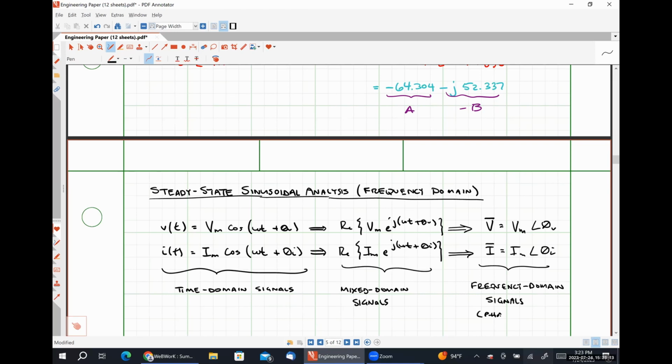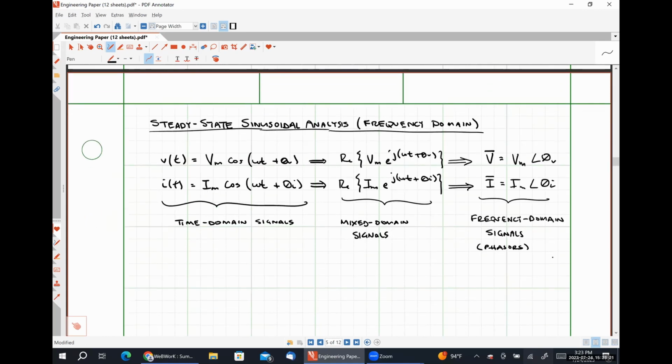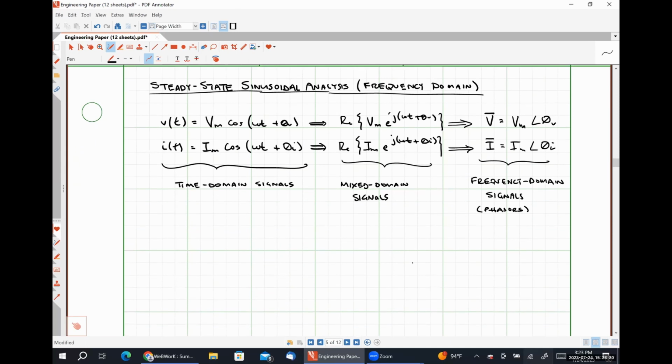Commonly known as phasors. Okay. So we've actually already done this a couple of times, but just to make things extraordinarily explicit, let's say that I have